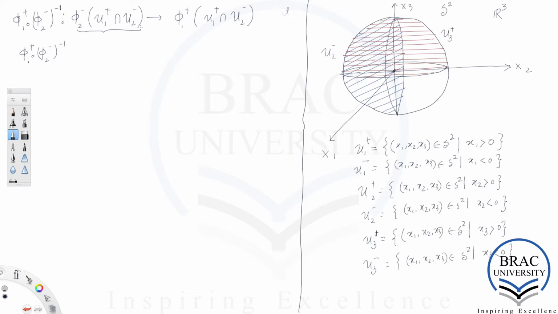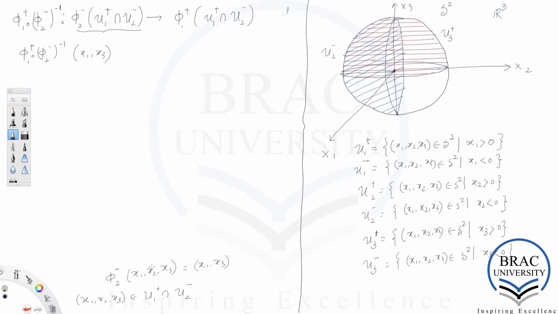this set of R2, which is of course x1 comma x3, because if you choose an arbitrary element, x1 comma x2 comma x3 in u1 plus intersected with u2 minus, then the action of phi 2 minus on x1 comma x2 comma x3, from the definition of phi 2, is going to be simply x1 comma x3 by deleting the second coordinate, according to the definition